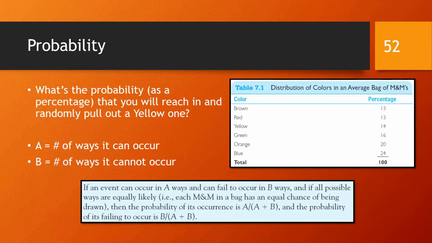Next, we look at the probability using the analytic view. Imagine that you have a bag of M&Ms in front of you and you haven't eaten them. And you reach in and pull one out. To the right of the slide, you see that there's a distribution of the colors in an average bag of M&Ms. Keeping that in mind, assume that there are 100 M&Ms in the bag. What then is the probability that you will pull out a yellow one? Because